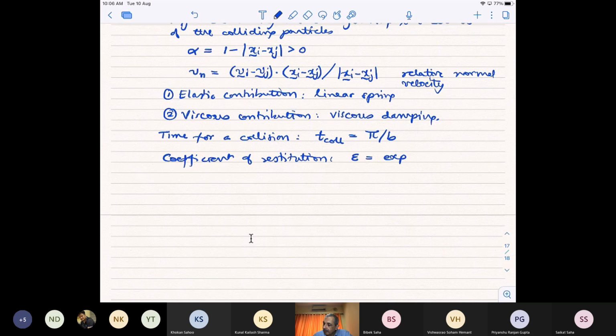And that is nothing but exponential of minus pi times a by b. So these are two important parameters, and a is just equal to kV by 2 and b is equal to the square root of kx minus kV squared by 4, that is, raised to the power of half. So once you know kV and kx,